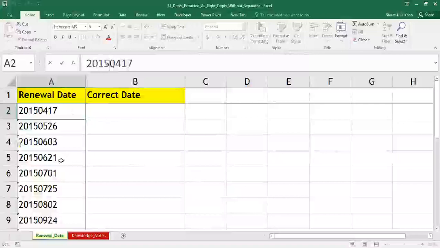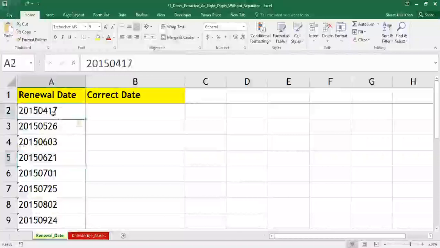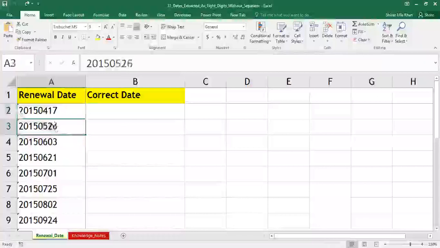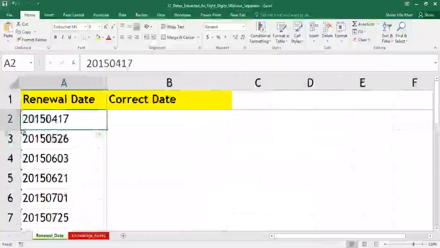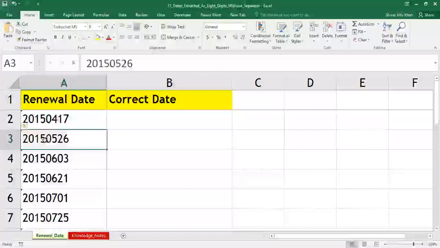And problem two is these dates, and people, as you know, that behind every date, Excel will store the date as a positive number. And this date by default is not a number. If you see there is a green color symbol here, let me just zoom it further. You can see a small triangle in each of the cells, which indicates that this is not a number, this is a text.